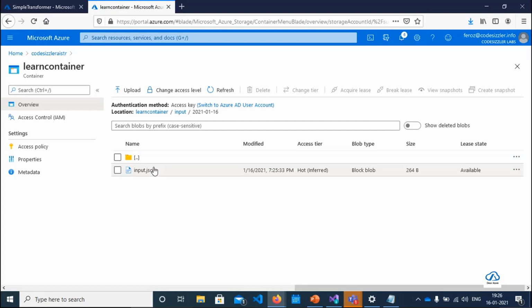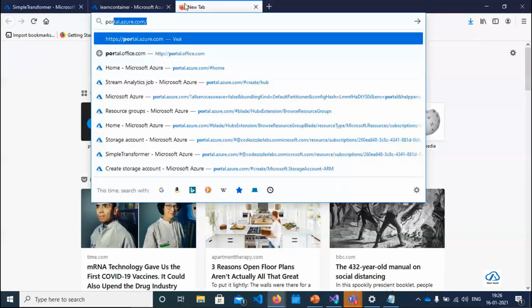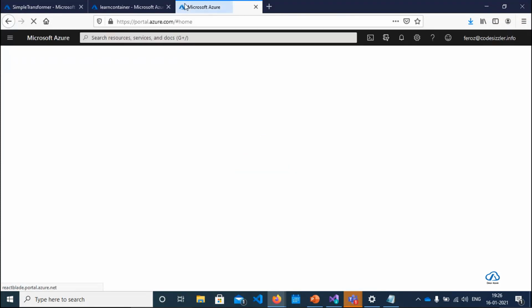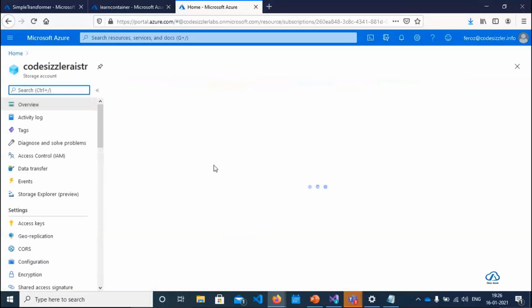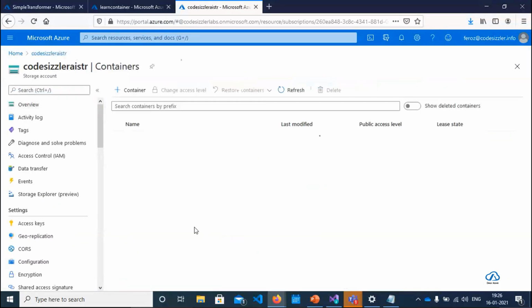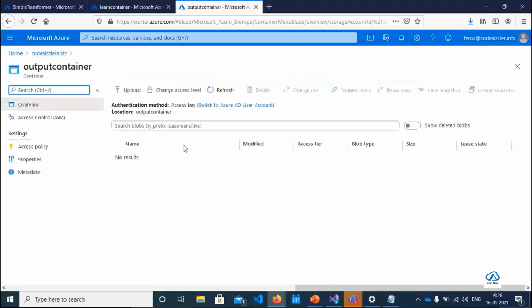Now we will write the output. The output we need to maintain in a folder. Let's go to the storage account, opening it on a new tab again. I'll go to the storage account, containers, output container, and here let's create a new folder.